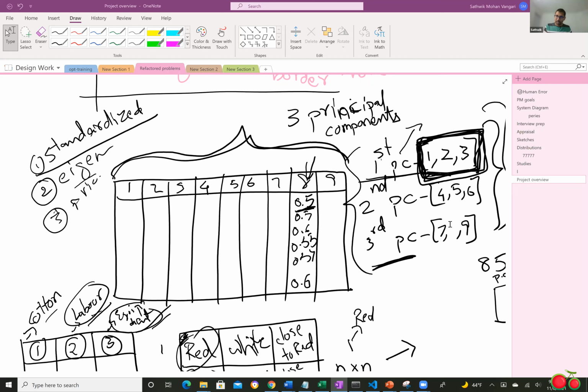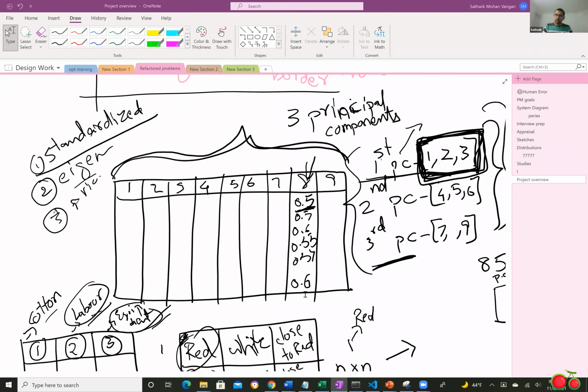So when you apply PCA, what happens is, and this is something that you have not removed yourself, the model itself, when it's building its principal components, rejects certain existing columns and picks a combination of the remaining columns that it keeps. How does it pick columns? How does it keep columns, right? How does it discard columns? So let's assume that column number 8 has all the values between 0.5 and 0.6, which means low variance,